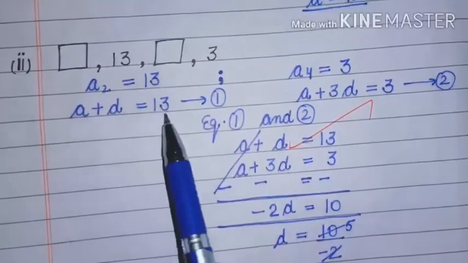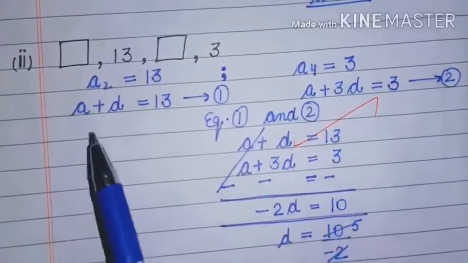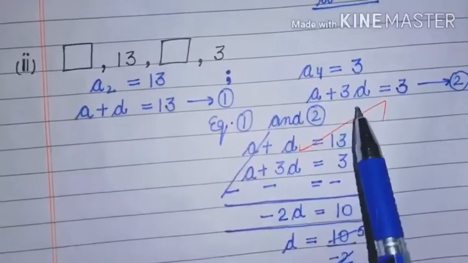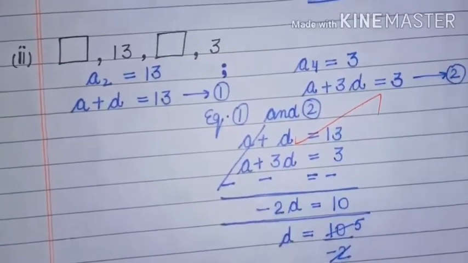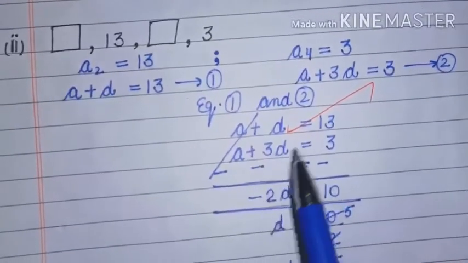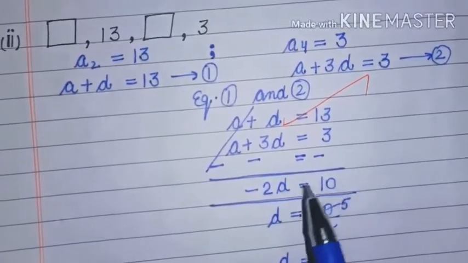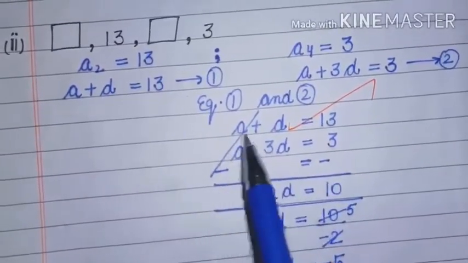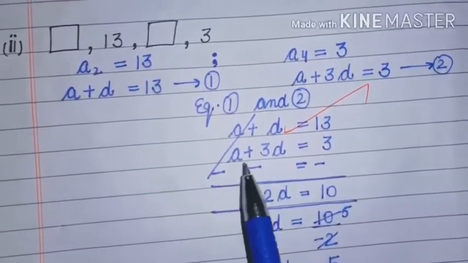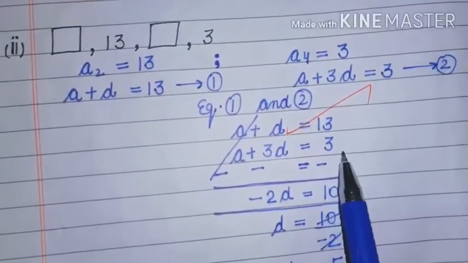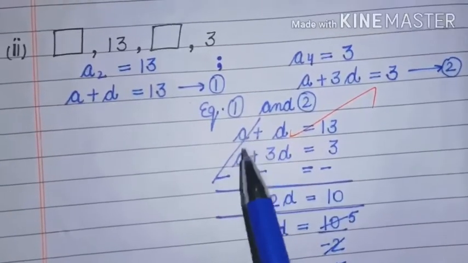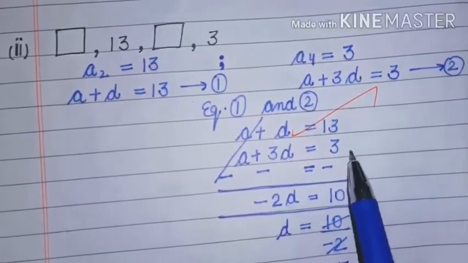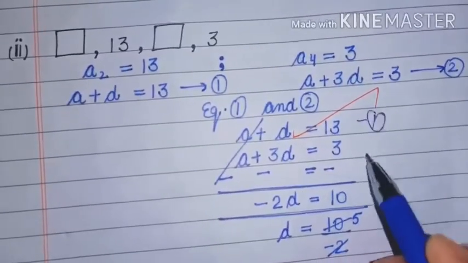So from this equation and this equation we have two variables A and D, and with the help of these two equations we will find these two values. So how to find these values beta? This is the elimination method which you will study in the third chapter beta, but simply I told you that you will write both the equations. The first equation is A plus D is equal to 13 and A plus 3D, that is the second equation, is equal to 3. So in this case the first term is the same as it is, so you will change the sign of the second equation because it is the first equation and it is the second equation.